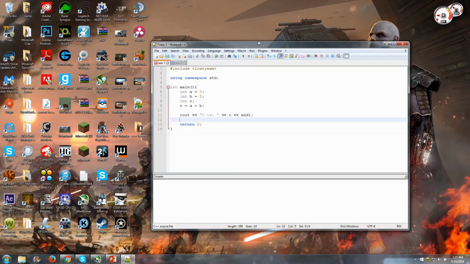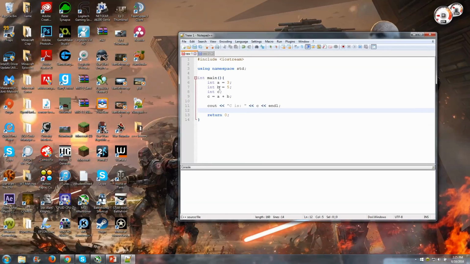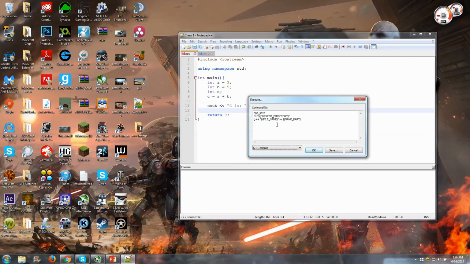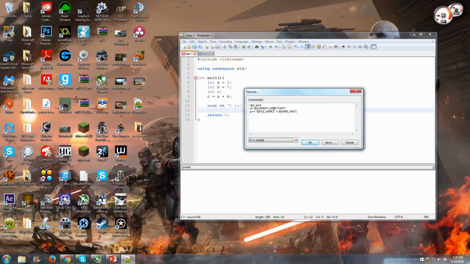So, with this program now, it should output 8, right? Because 3 plus 5 is 8, and 8 is stored inside C, right? C has the value 8 stored inside it. So if we press F6 and execute this script here,